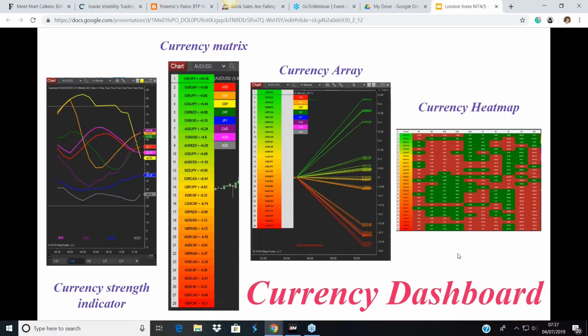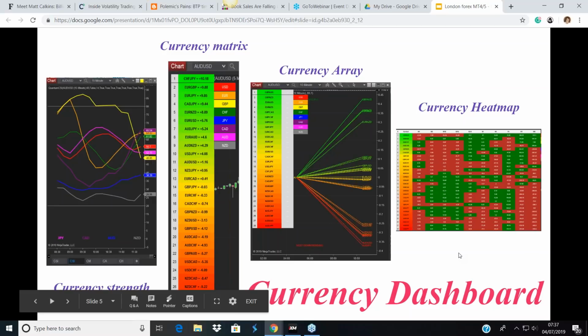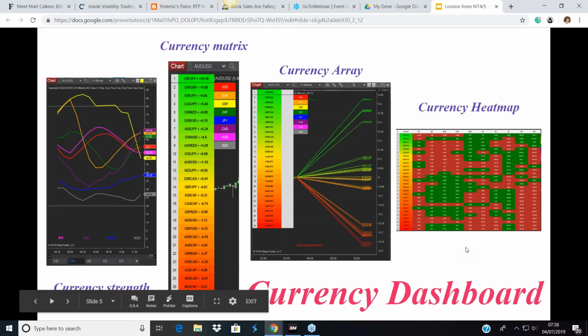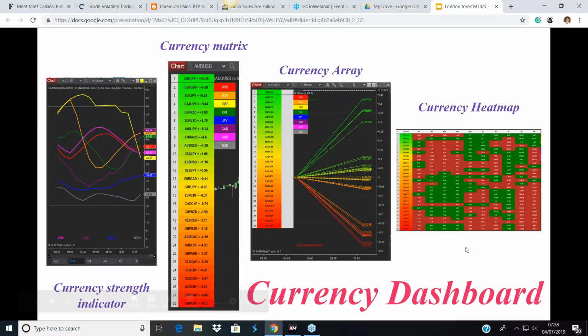You don't have to buy the dashboard, you can just buy one indicator from the dashboard, and the one that we would say is absolutely key is the currency strength indicator, the one on the left. And when we look at the charts, you will see exactly why. It just gives you an instant snapshot of what is happening at any given time in any time frame, but more importantly, what is not happening,